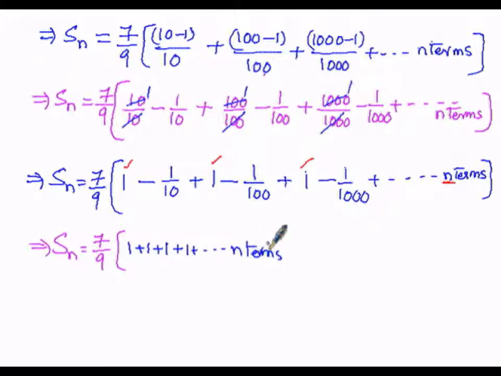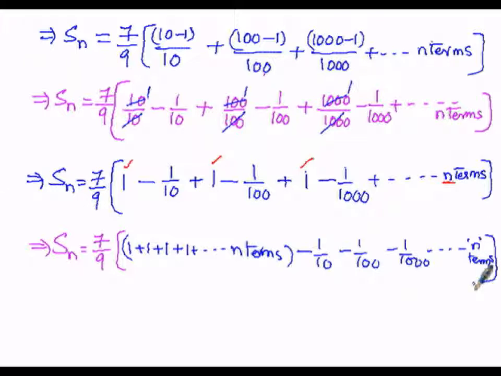So now let us write within the small brackets the remaining terms, which are minus 1 by term, that are the even terms. So here T2, the second term, fourth term, sixth term, and similarly so on. So here they are also n number of times, they are n terms. So here minus 1 by 10, minus 1 by 100, minus 1 by 1000 and so on, they are also n in number. So here n terms, bracket close.